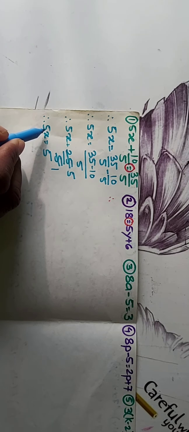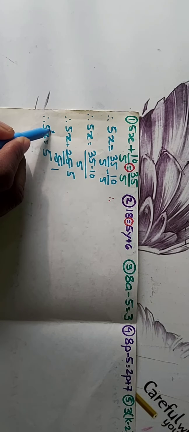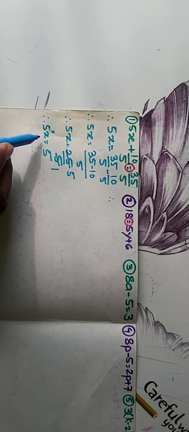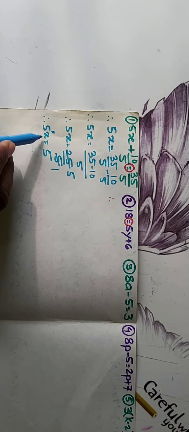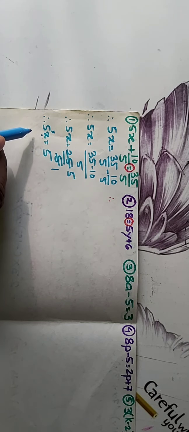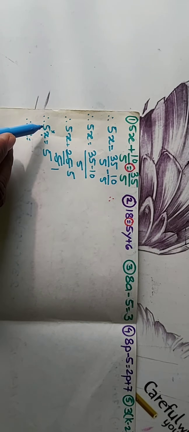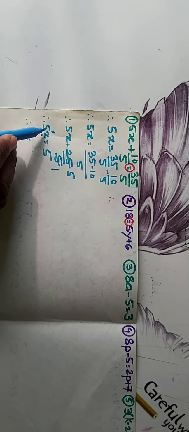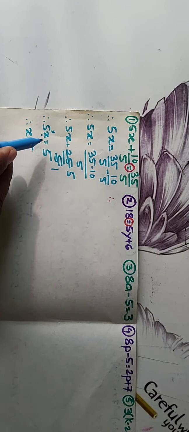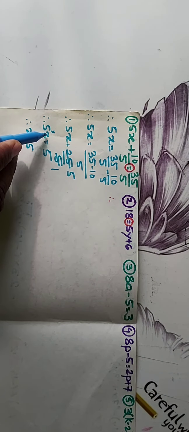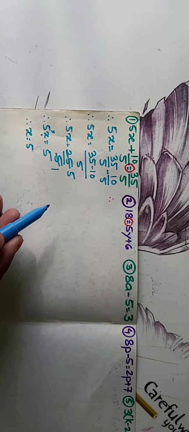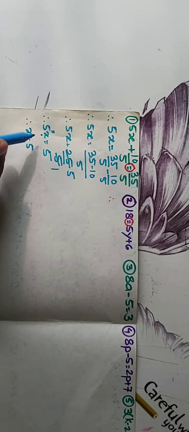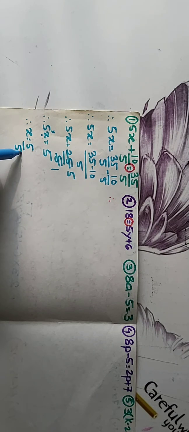So always I told you, in between the coefficient and the variable there is a multiplication sign. So here again we have to transpose, because we have to find the solution of the equation and the value of the variable, that is x here. Therefore x is equal to, see students, this 5 is multiplied. 5 and x have a multiplication sign, so when it is transposed to the right hand side, this multiplication becomes division, so 5 upon 5. These changes you have to keep in mind.